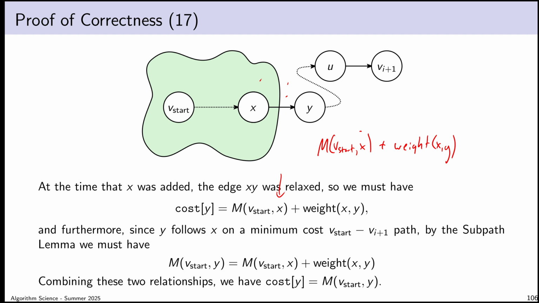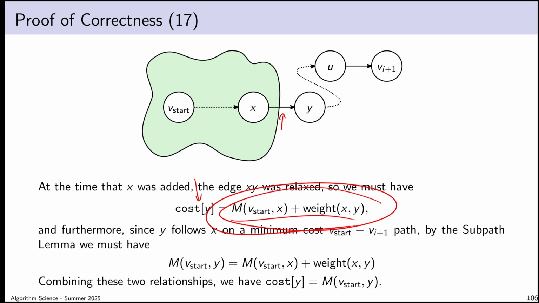And I know that because this is the minimum cost of travel to y, that by the end of this relaxation, the value of cost y must equal this. Now, to be clear, I'm not guaranteeing that we didn't already know of some other path to y with this cost. There could be multiple ways of getting to y, but I can guarantee that by the time I've relaxed this edge, the value of cost y must be this thing. Maybe it was already, but it definitely is when I'm done.